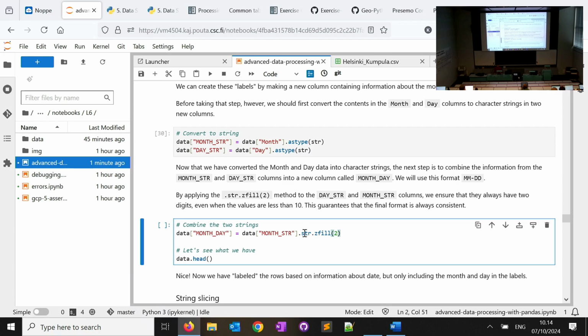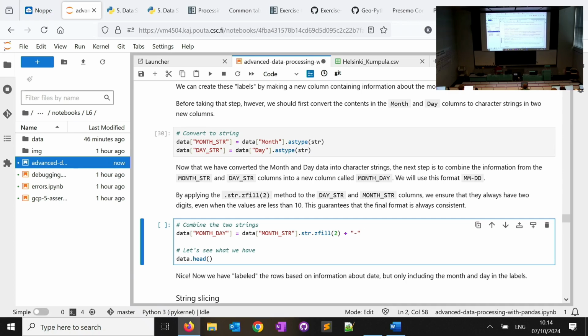But pandas has a trick. If you want to access the functionalities that come for strings, for example, if you just put the series .str then .zfill, it will know that okay, this zfill is a string operation. Let's continue this and then I can explain more if it is still unclear. So now I have mm. Then in between I want to have a dash. So I just put it like this.